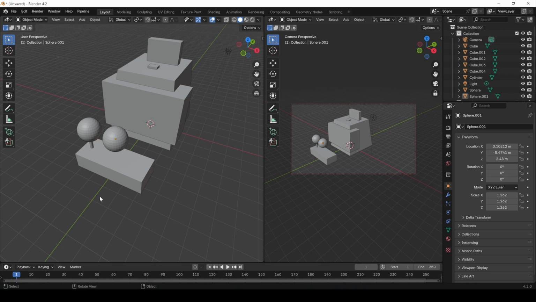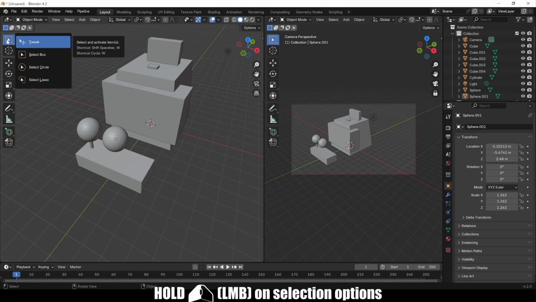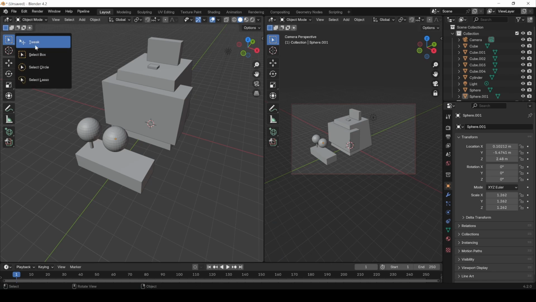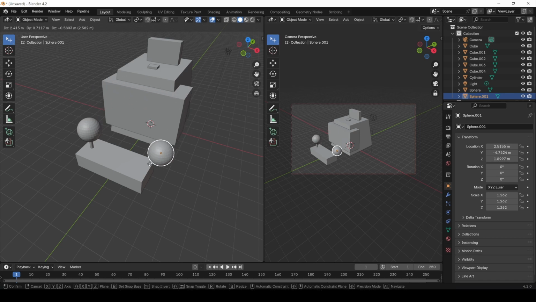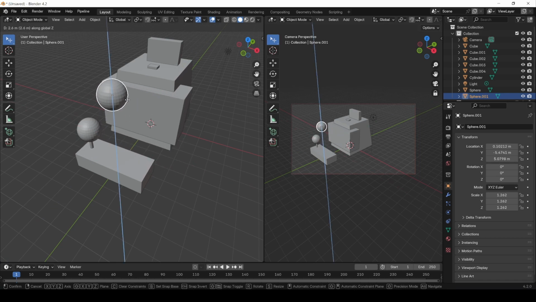Now let's talk about selection. If you press this and hold, you can have all these options. You have the tweak, which is the first one. So if you press on object, then keep pressing, hold it and move, you can move it, or press X to move it on X, Y or Z. So it's like having the grab tool or the move tool with the selection at the same time. Okay,